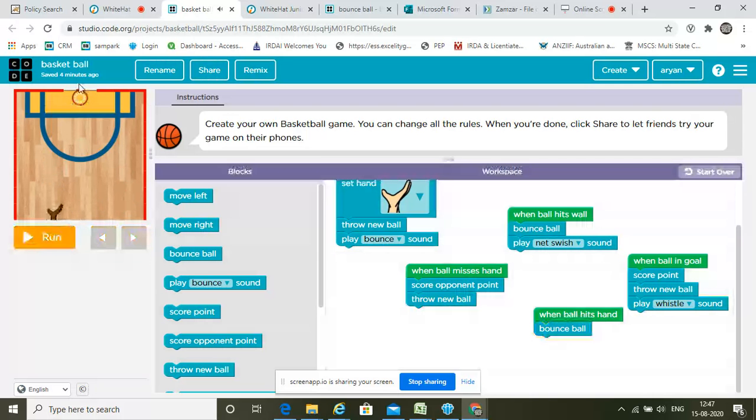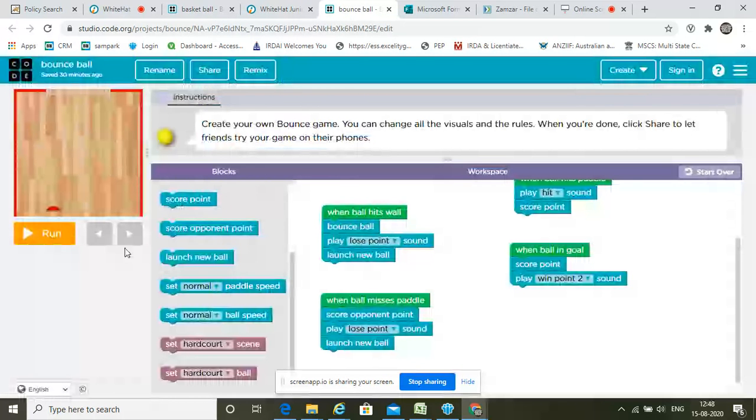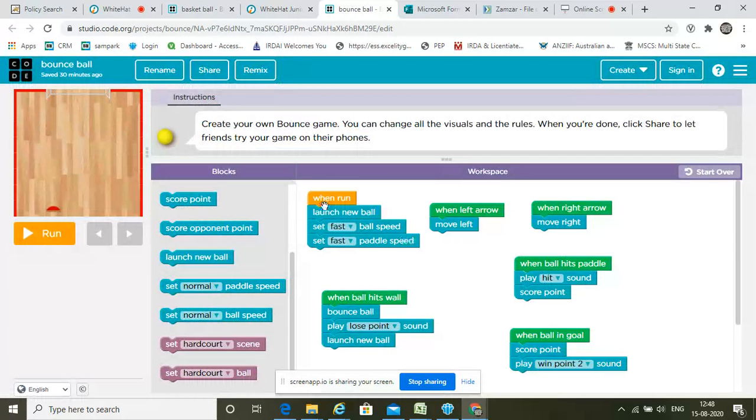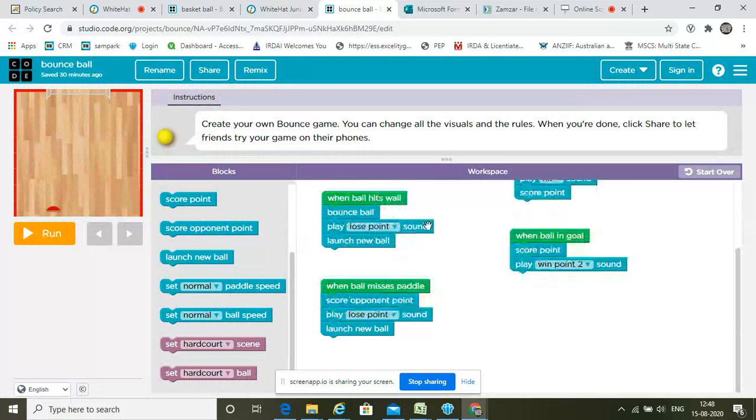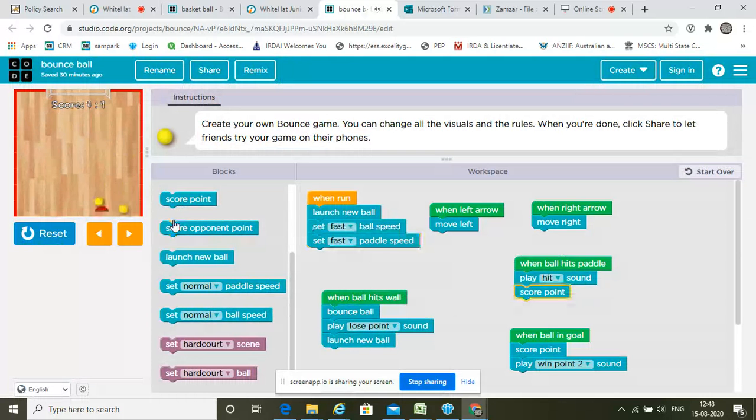So this was my first basketball game, and the second is the bounce ball game. This is also the same programming done in this, like the basketball: set a speed, and then win a point. This all, and then I will show you how to do.